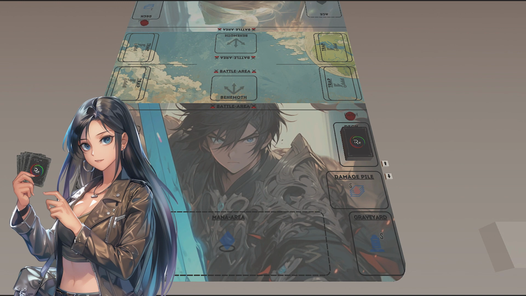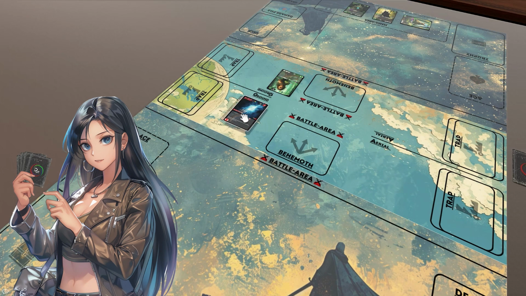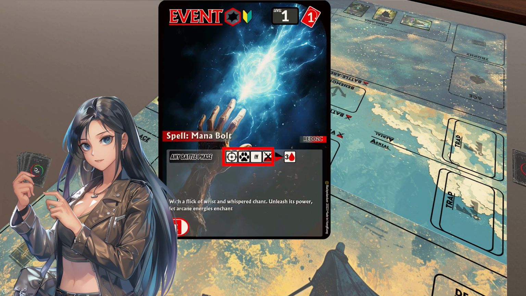Cut-in example: Player A summons Mana Bolt, a card that deals 3 damage to a chosen Fiddies. Following the first segment of the event ability, Player A targets this Fiddies in the battle area. After that is a cut-in triangle. Player A asks for a cut-in. At this point, Player B summons Power of the